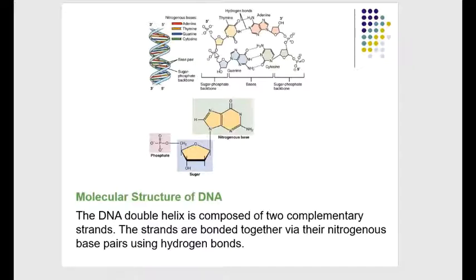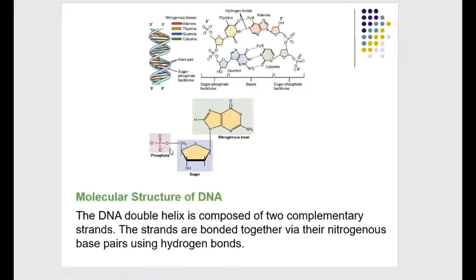So A, T, C, or G. Those are the language of DNA. Those nitrogenous bases are then hooked together on a sugar phosphate backbone. So that's what makes the double helix